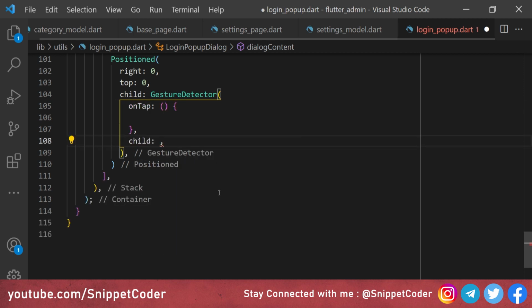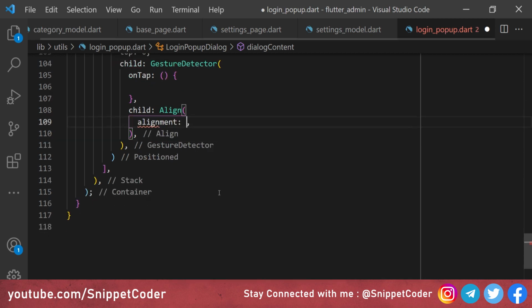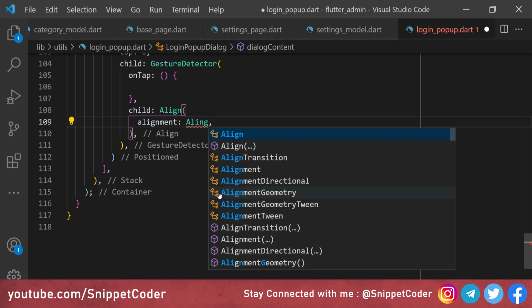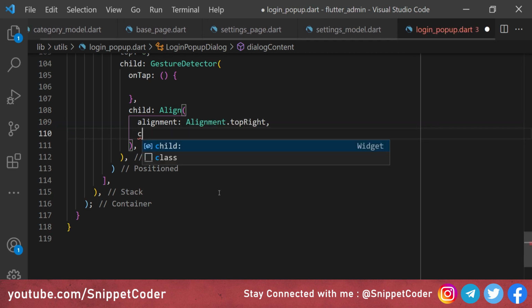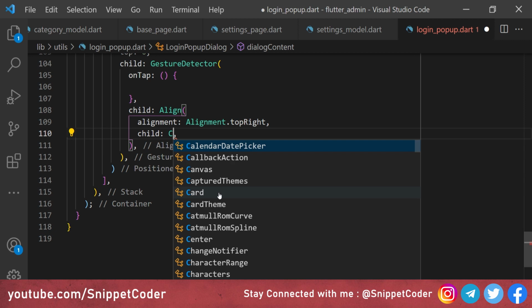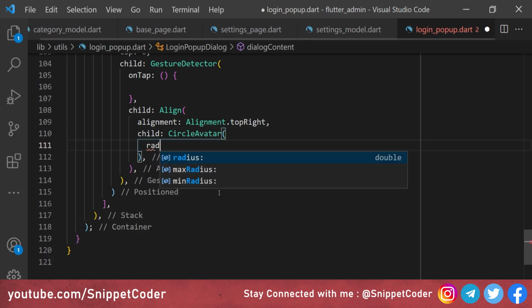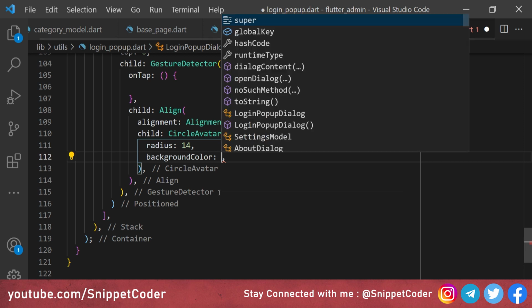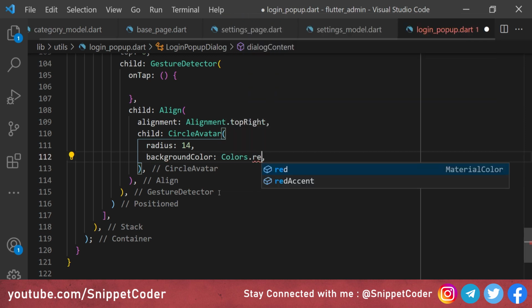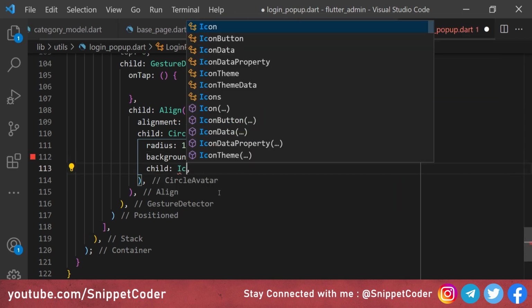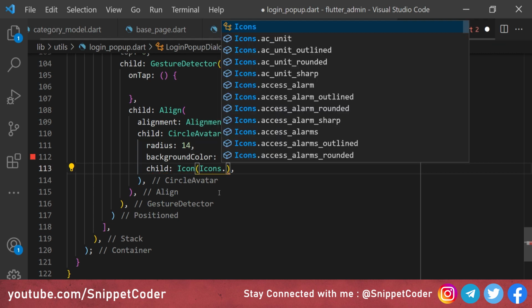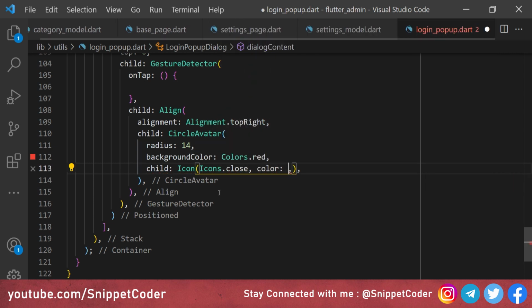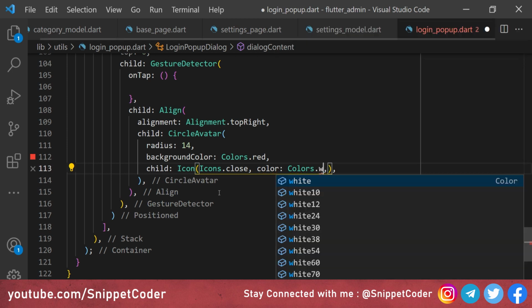Then we have the child here, and we are using an Align widget, alignment, and we are using Alignment.topRight. Then we have the child here, and we are using a CircleAvatar, and here we have the radius, and we are using 14. Then we have the background color, and we are using Colors.red. Then we have the child here, and we are using Icons.close. Then we have the color here, and we are using Colors.white.